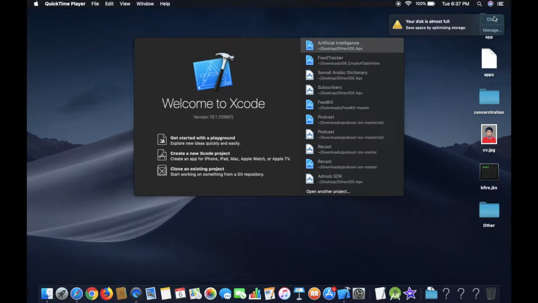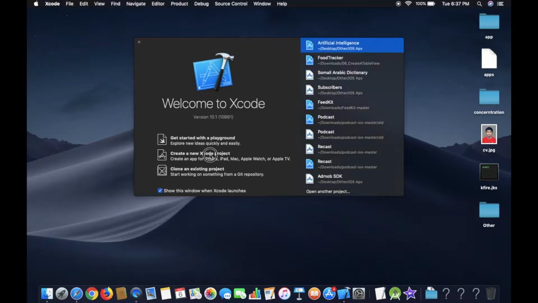Hello, in this video we are going to look at how to use table view in iOS. Let's create an Xcode project. Create a new Xcode project here